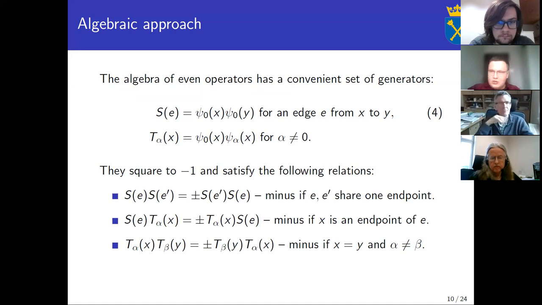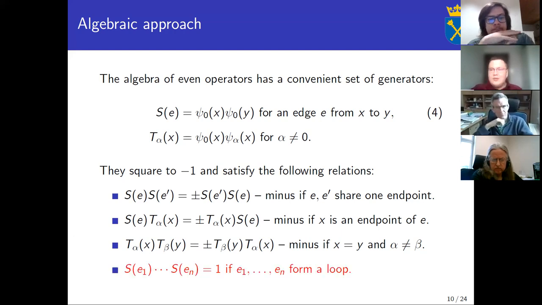They always either commute or anti-commute. I displayed this formula in order for you to see it once, but you should not try to memorize it. It doesn't matter for the rest of the talk what these relations look like exactly. The important point is that these operators always either commute or anti-commute, depending on the geometric arrangement, and they can only anti-commute if the corresponding edges or lattice sites are close to each other. When they are geometrically far, they always commute. These relations are obtained by simple calculations.